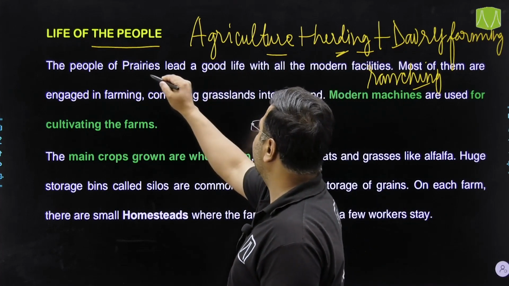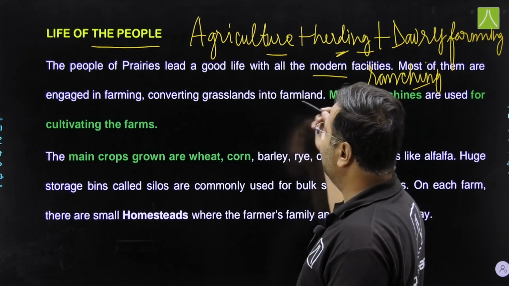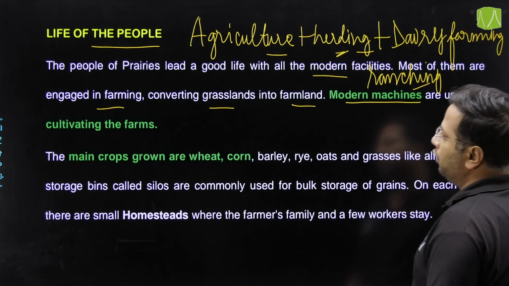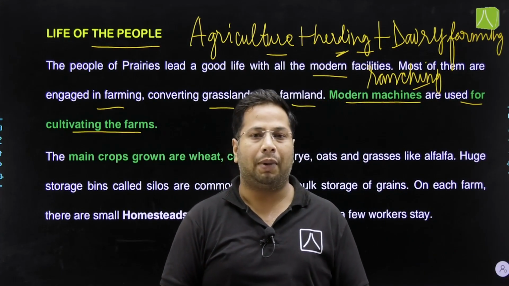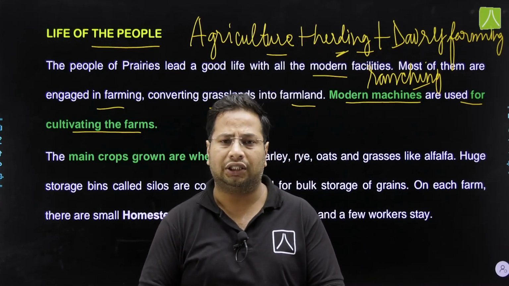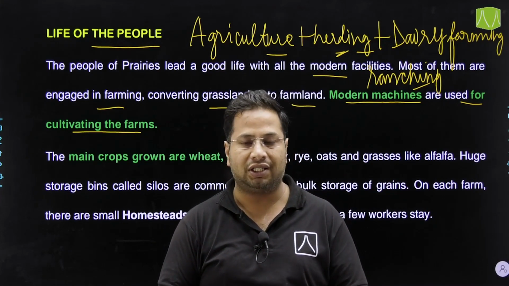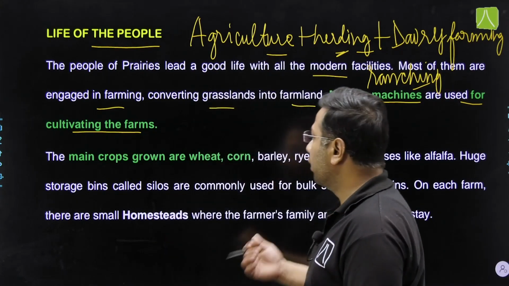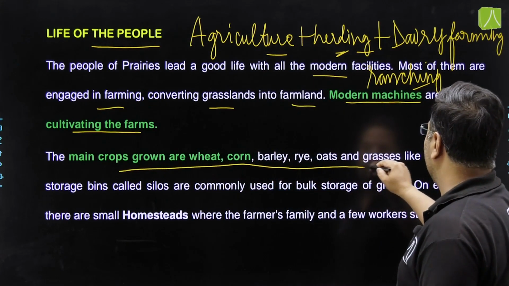The people of prairies lead a good life with all modern facilities and engage in farming, converting grasslands into farmland. Modern machines are also used for cultivating farms. So large stretches of land are under plantation here, and a single crop is grown on a large scale, generally with the help of large machines. Very few manual laborers are used here. The main crops grown here are wheat, corn, barley, rye, oats, grasses,